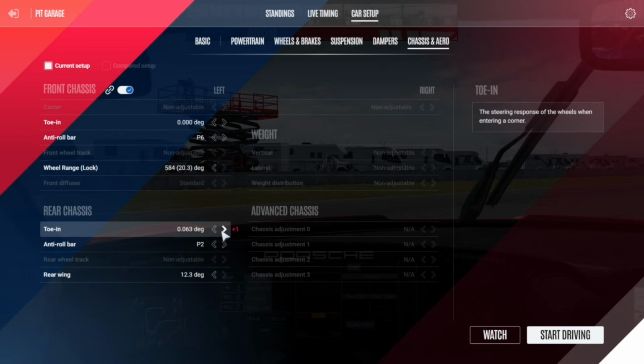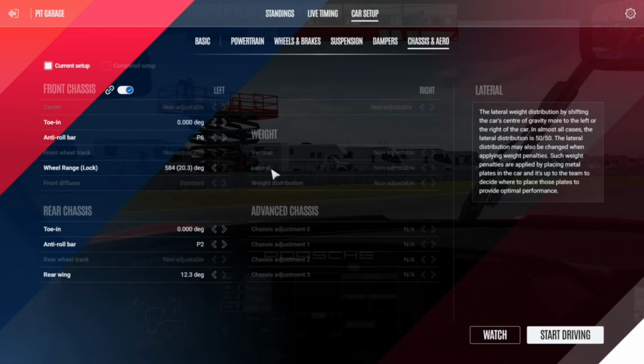It's quite common to see people running 1 to 3 clicks of rear toe as it gives really good stability, but pay attention as it increases tire wear and tire temps. If you run an aggressive car, you can keep 0 degrees on the rear and it should be fine. I don't recommend going into the negative values as the car would be too unstable and really difficult to drive.